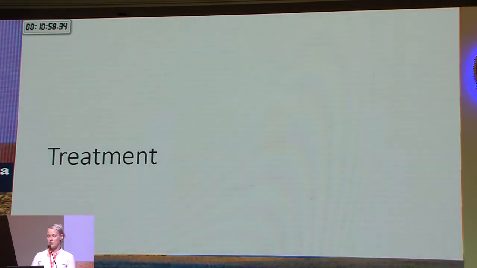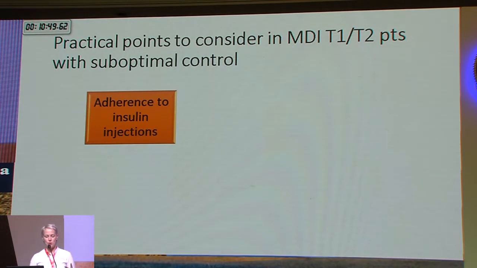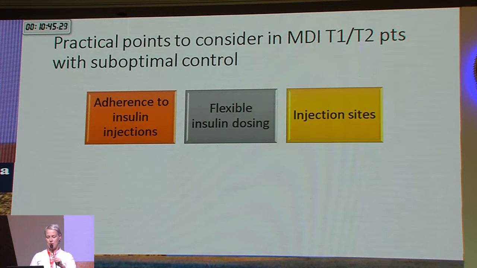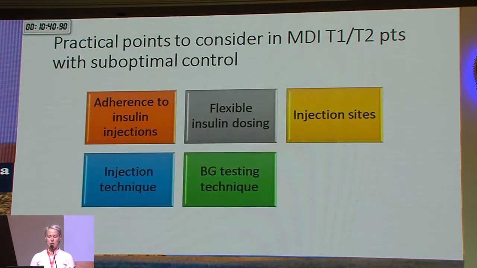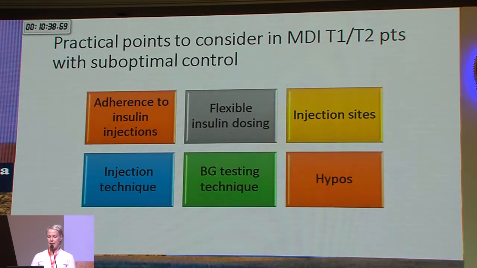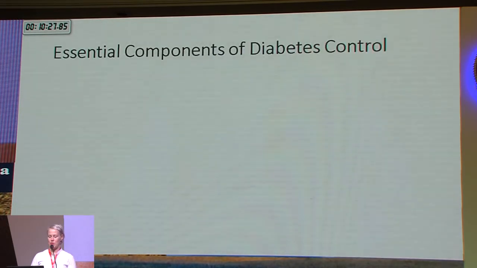What about treatment? I just want to say about some problems with patients on MDI, with type 1 or type 2 patients and young adults. So what we can do here, we just need to check the adherence to insulin injection, the insulin injection technique, insulin injection site, maybe blood glucose testing frequency, and everything about hypoglycemia. What can help us is modern technology. Again, it's like pumps and sensors. I don't want to speak much here because Mina said it perfectly before me.